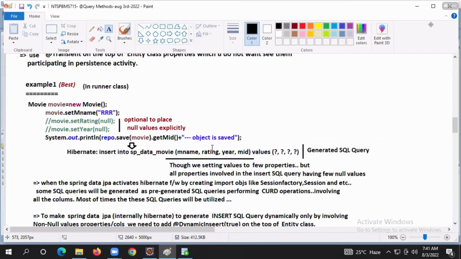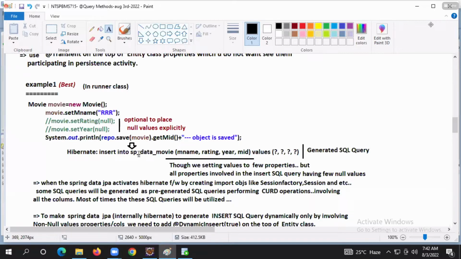Fine. So I have a problem, guys. What is the problem? When it is inserting values into 2, 3 columns, why is it giving all the 4 columns in the SQL query? You should not give all 4 columns, na? Listen, I will tell the reason.